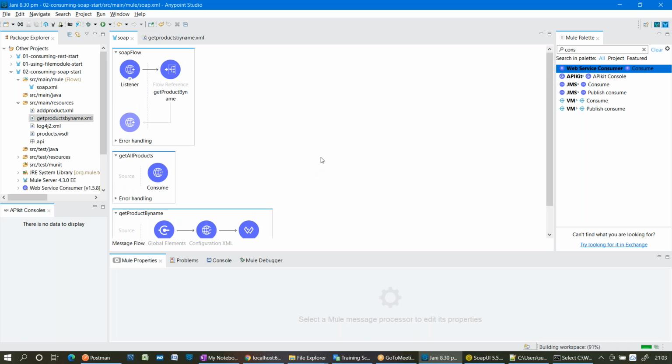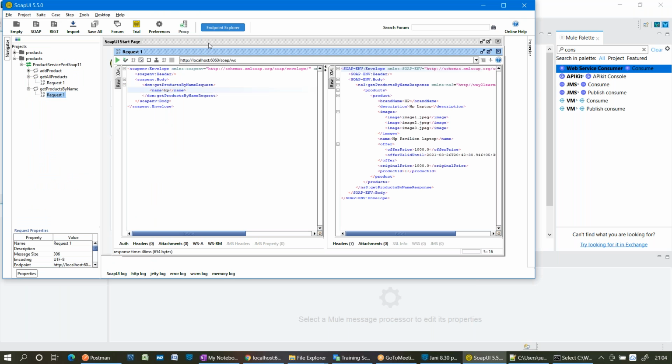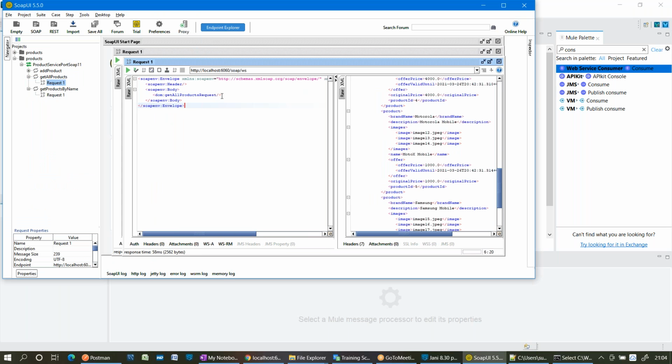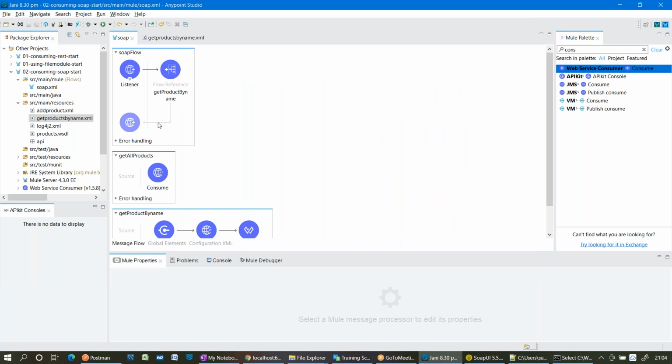Now here also, do I require a parse template? That means, do I require a template? Yes or no? No, right? Because you don't have any input going in. But do I need to submit a request? Yes, you have to submit a request. I need to send this request in order to get all products, otherwise how will my runtime understand? Just referring to the flow by using a flow reference, referring to get all products, it doesn't understand.